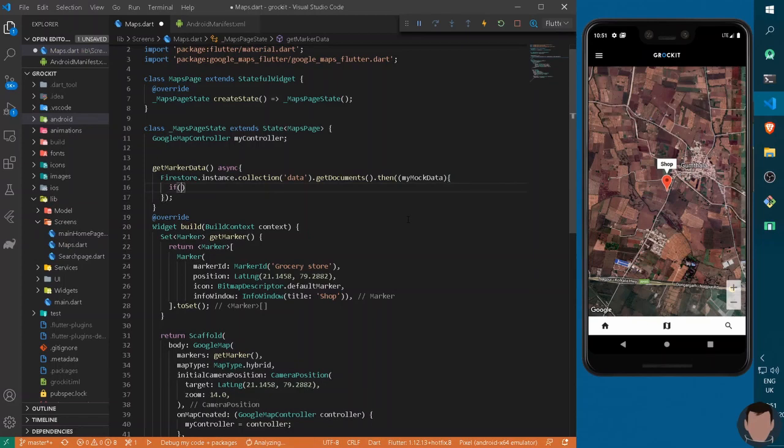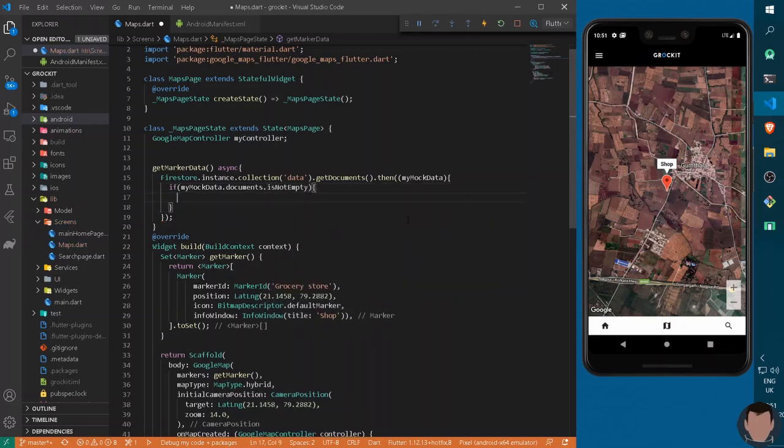So I can write here if myMockData.documents is not empty, if they have some data there, and here I can implement a for loop.